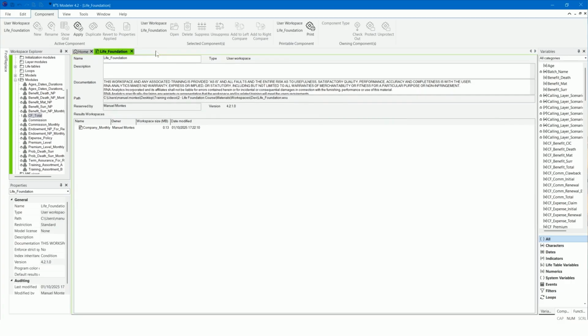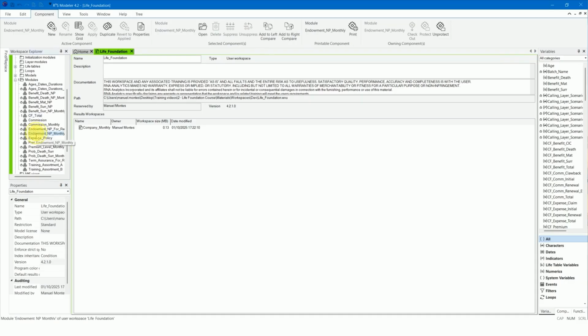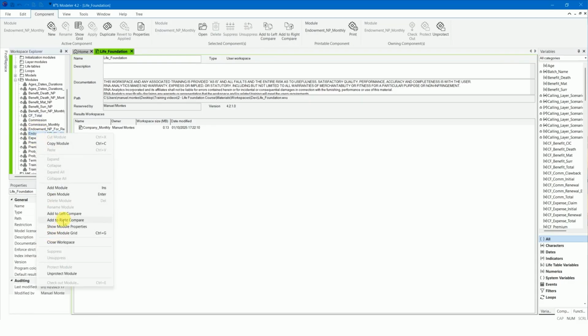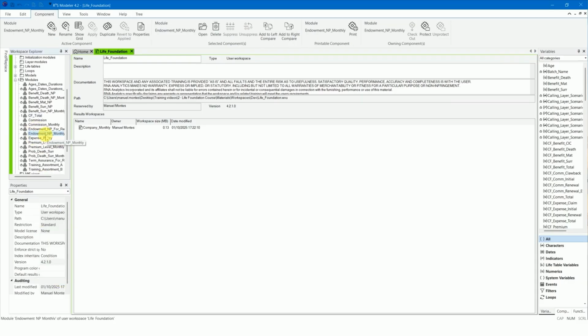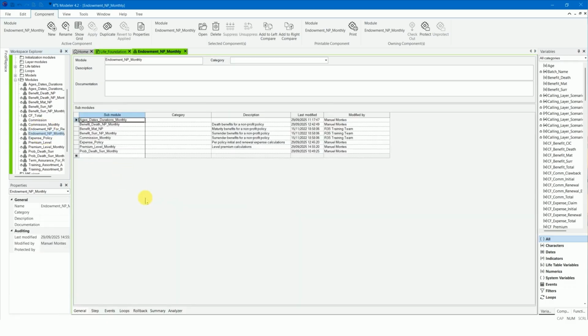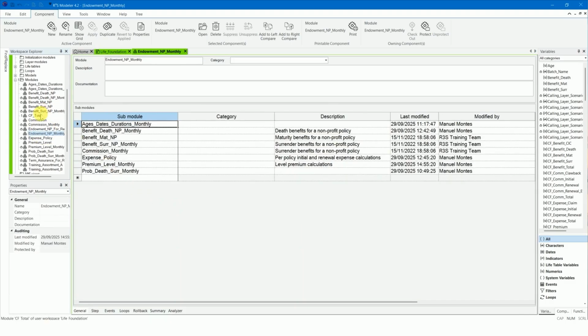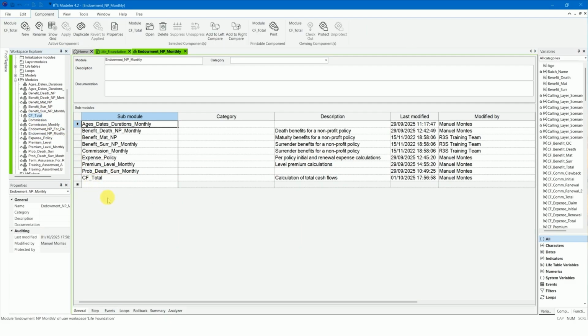Drag the module CF_total as a submodule of the product module Endowment NP Monthly. The module is now complete.